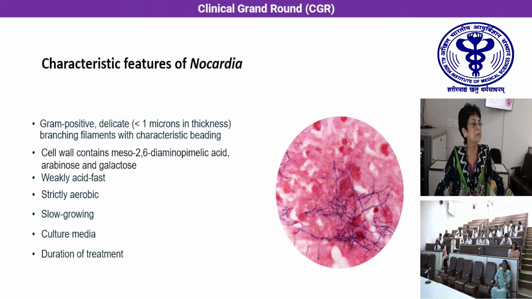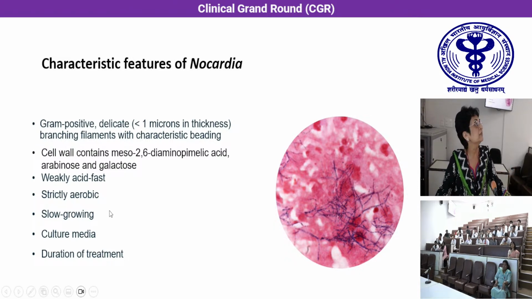Coming to the culture media, it will grow on a variety of media used for bacteria, for mycobacteria, for fungi. So it will grow on blood agar, it will grow on algae medium, it will grow on brain heart infusion agar, it will grow on saccharose dextrose agar. In fact, we prefer to put it in saccharose dextrose because we require a longer incubation and the tubes will be more conducive for that.